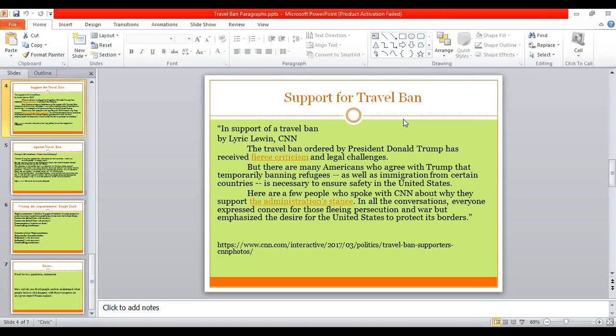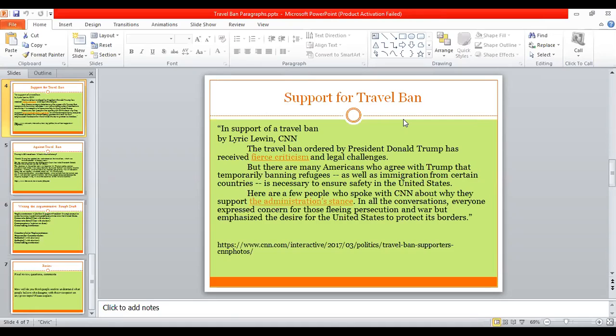And then continuing on, if we look down at that last paragraph, there's one more similar kind of argument in support of the travel ban. What is that line, would you say, in that last paragraph? It'll be protect its borders. Absolutely right. Good. Okay, now we actually get in here one of the arguments, like I said, that you had shared, which is one that is against the travel ban.